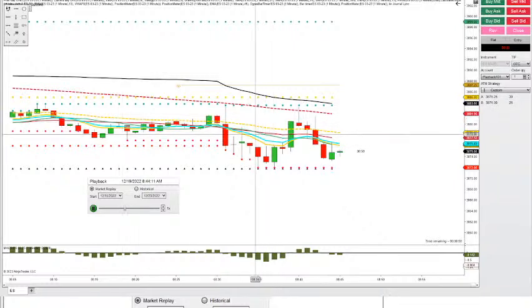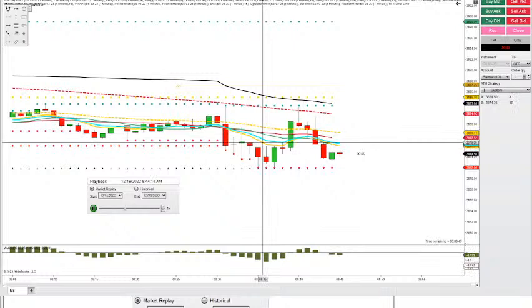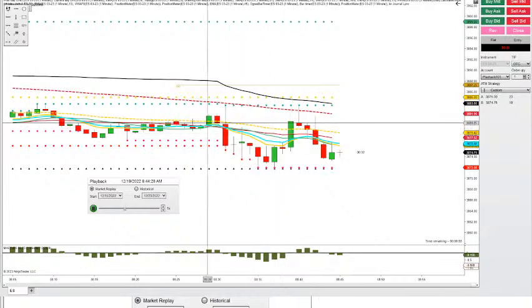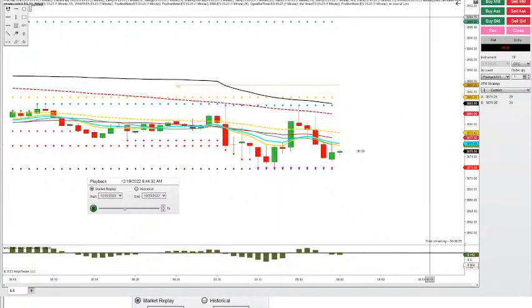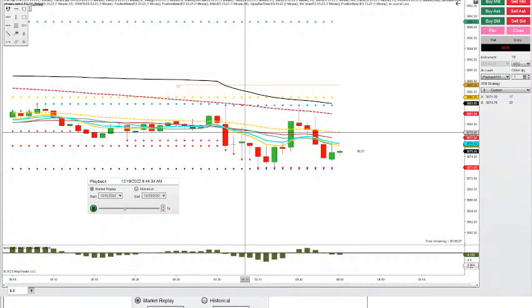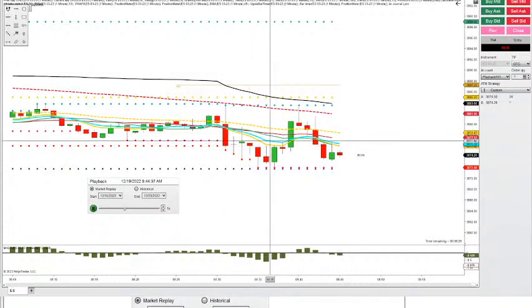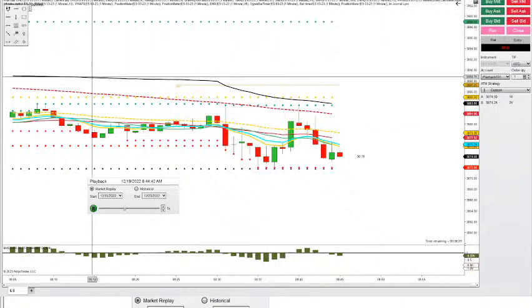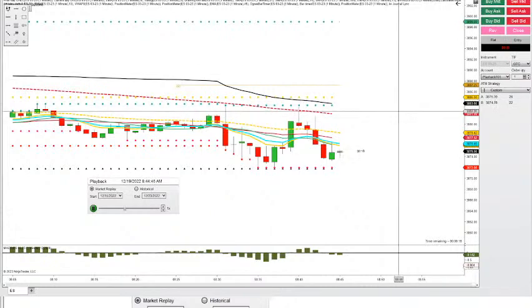And here are my 1-minute moving averages. I have the 9 EMA, and I believe I have the 21 simple moving average, the 14 simple moving average, and the 13 simple moving average. So I think Bob only has the 14 and the 21 and the 9, and I think the 13 is just something I already had, as well as this VWAP here is something that I already put on my charts.